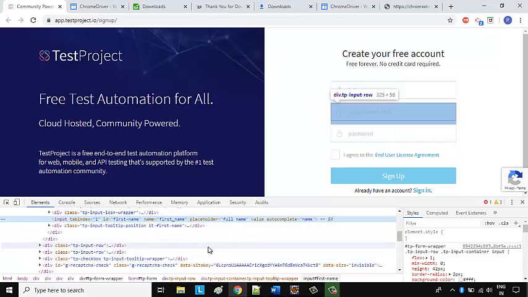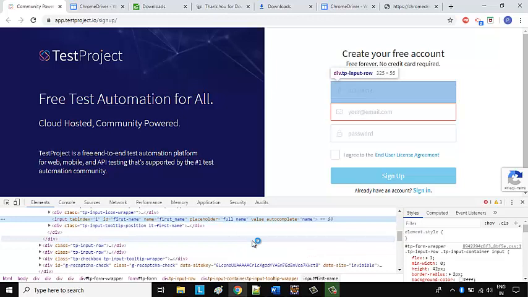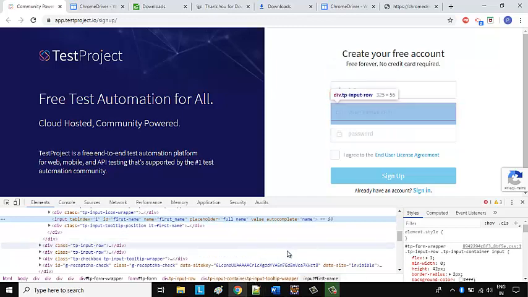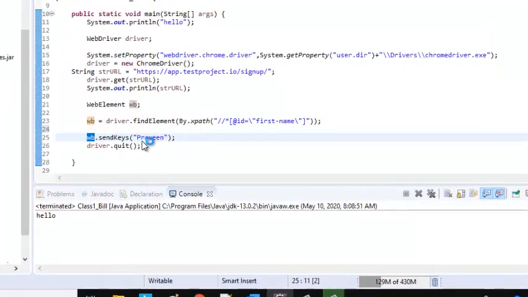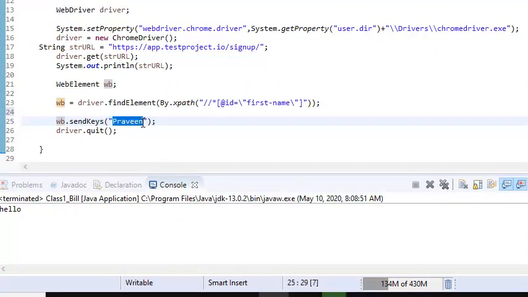Otherwise, we have to create our own XPath so that it won't be impacted when the ID, let's say full name, or a display name gets changed. So we have to define the name. The same thing I just used over here. Okay, and after that I'm passing some value like web element dot sendKeys equals the value within double quotes. Let's say I'm putting Praveen Kumar. Okay, and send. It will send this value as input in the box, and after that it will quit the browser.